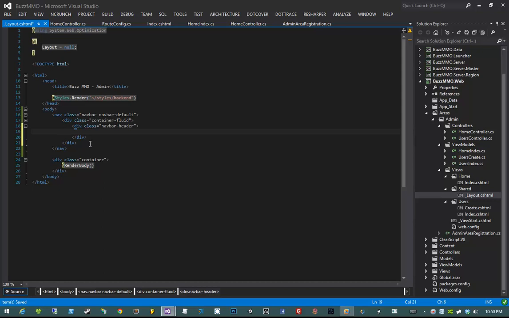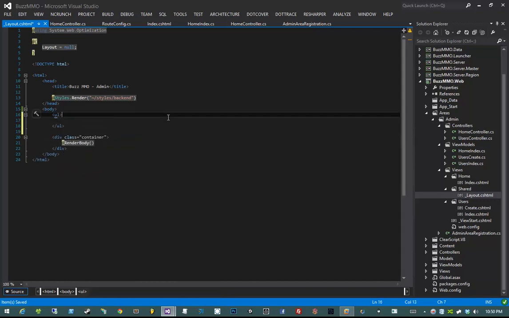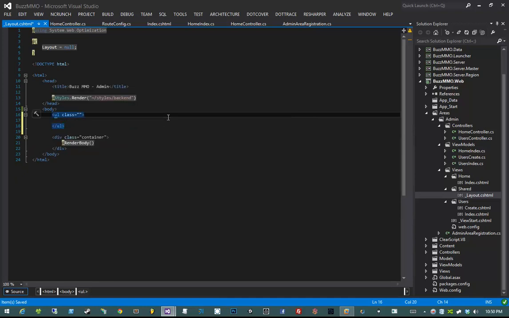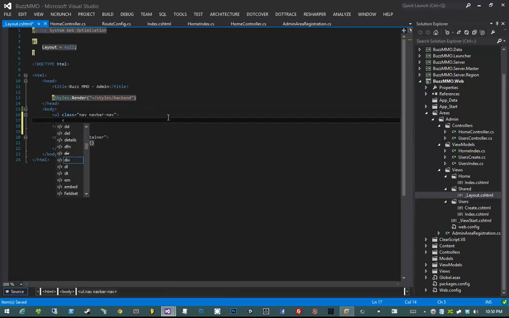Okay. I just realized, what am I doing? This is the responsive layout navbar, which we don't care about responsiveness with. When I say responsiveness, I mean the layout of the page changing depending on how wide your screen is. We don't want that. That would just be a waste of time to implement. So instead, I'm just going to say ul class navbar-nav